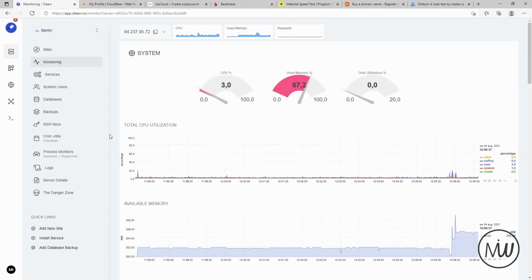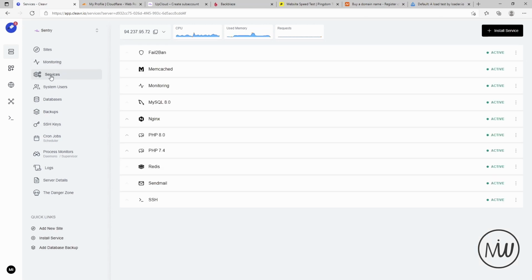actually really doing. Then another interesting part is the services, which are here. By default, Cleavr installs these services for a WordPress website. But I added two other services which I use a lot for WordPress, which is Redis, which is an object key storage and in-memory storage, which can help for WordPress caching and optimization. Very useful platform. And also I installed PHP 7.4 because Cleavr by default installs PHP 8, but not all WordPress plugins and themes run on the newest version